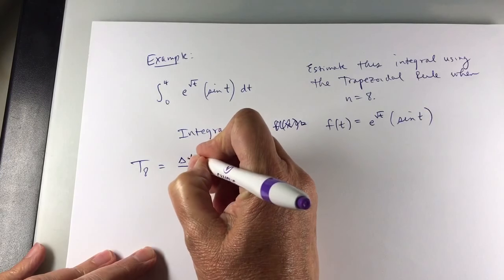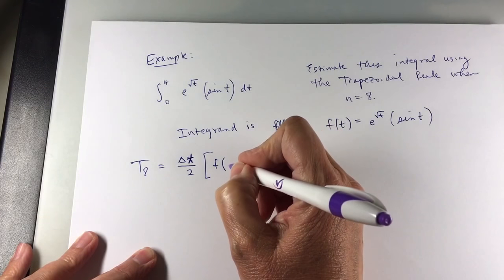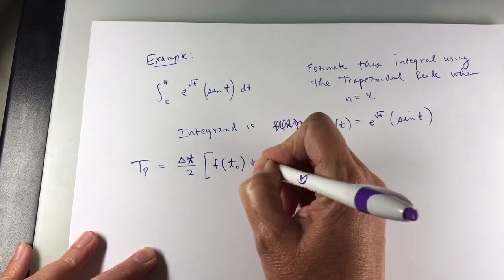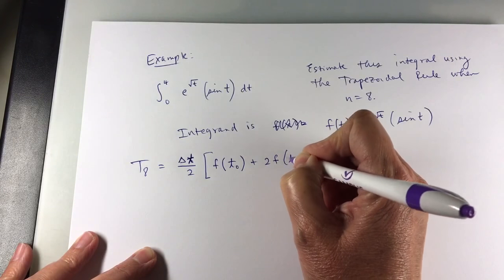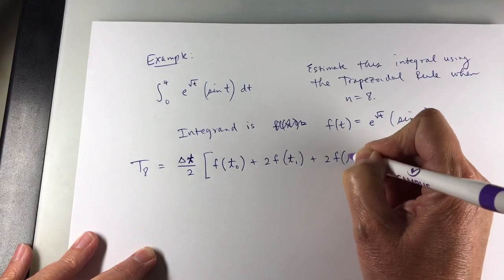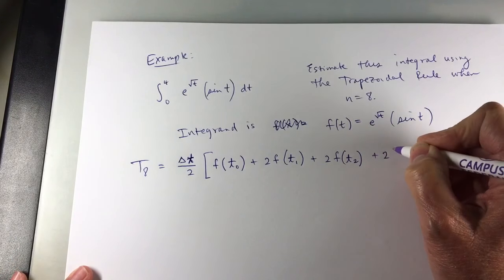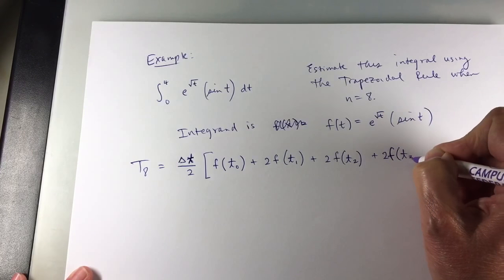Let's see if I can make that adjustment. So this one is f at t sub 0 plus 2 times f at t sub 1 plus 2 times f at t sub 2 plus 2 times f of t sub 3